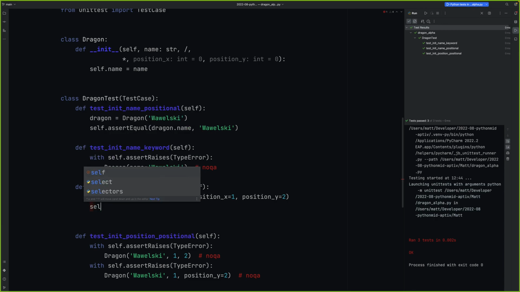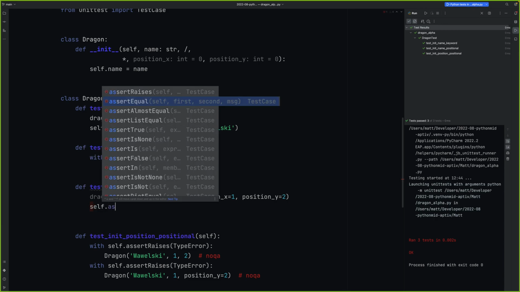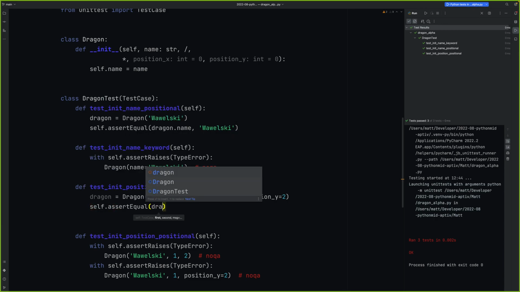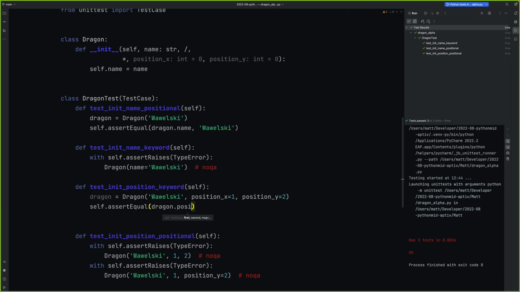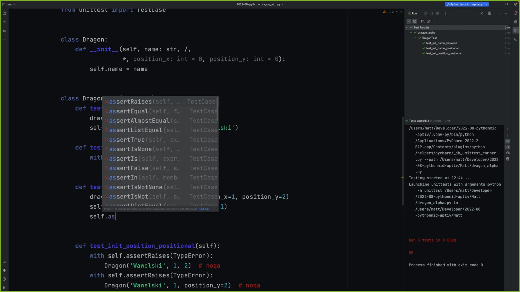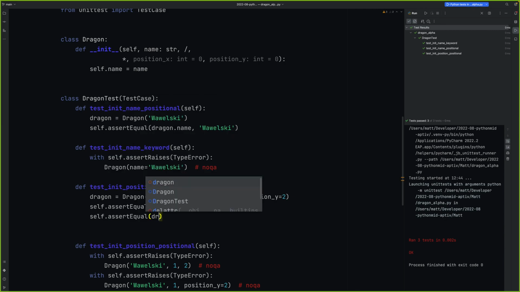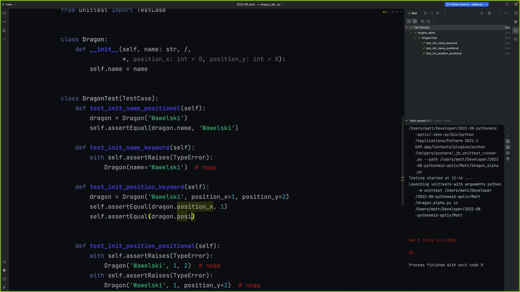Then we self assert equal that the dragon position x will be 1, and then self assert equal dragon position y will be 2. Please note that we do not specify the same value here and here, because you may